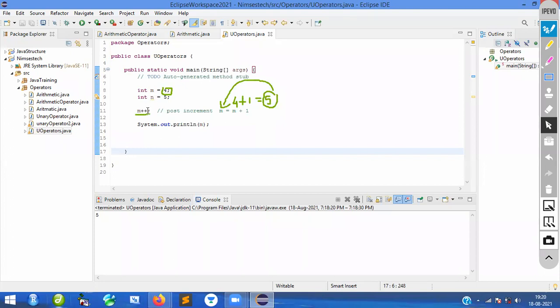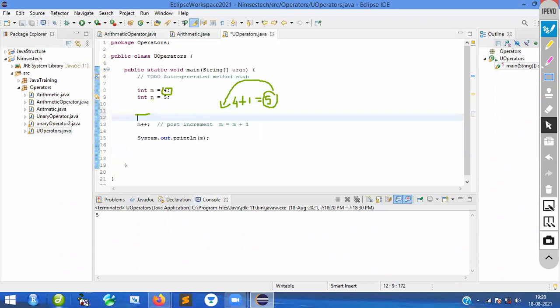Okay, again, one more I will do. Now it is incremented. What is the value? Current value is 5. So I will increment once again. I will do the pre-increment here. Let me clear this.